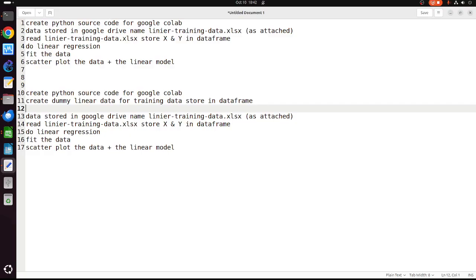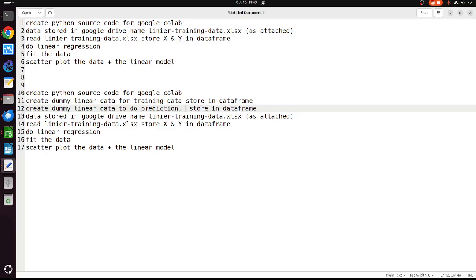Then create dummy linear data for prediction, and store it in a data frame.